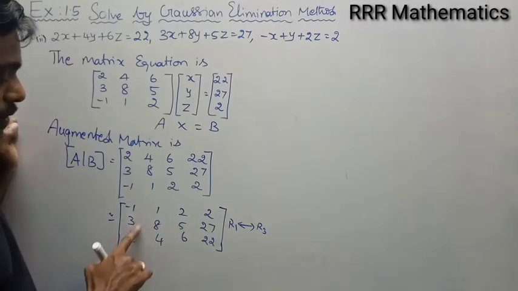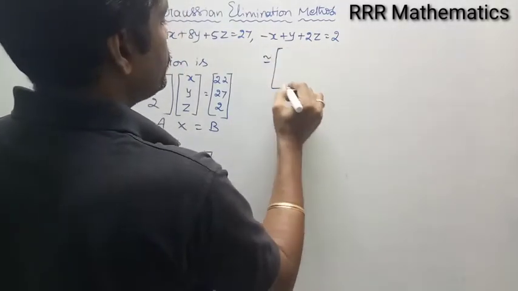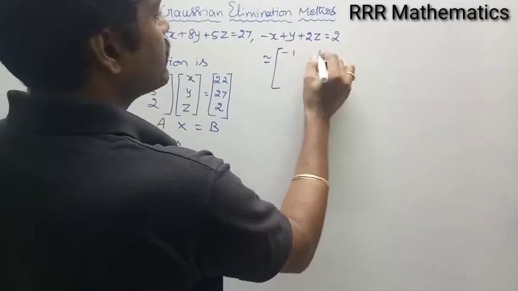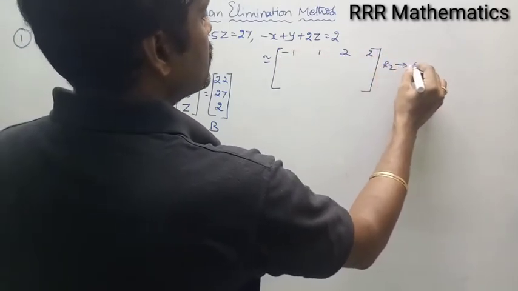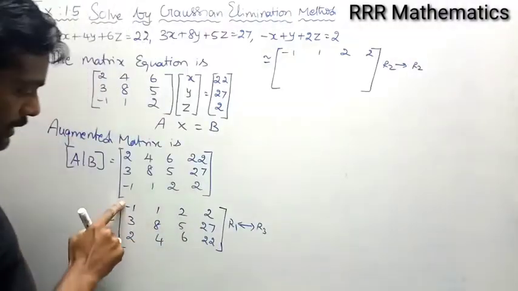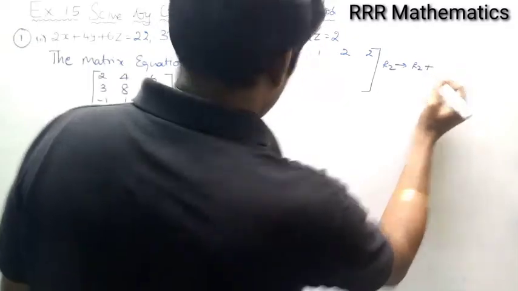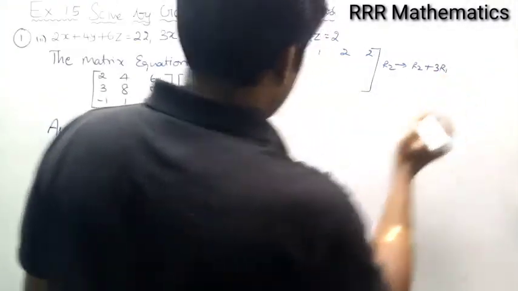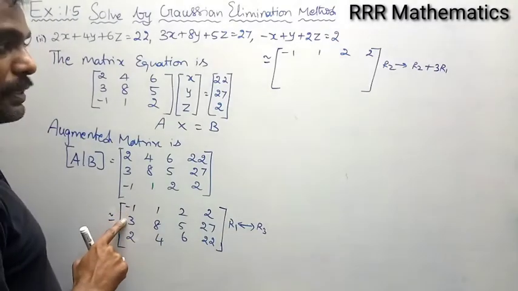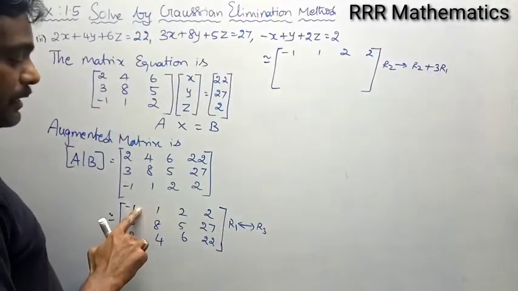So, I want to bring 0 here and here by using R1. See, step 1. Leave the first row, minus 1, 1, 2, 2. R2 implies R2. Opposite sign. This is minus, this is plus. So, you want to add. And I have 3 here, multiply 3 in R1. Got it? This is minus sign, this is plus sign. So, opposite sign you want to add. I have 3 here, just multiply 3 in R1.